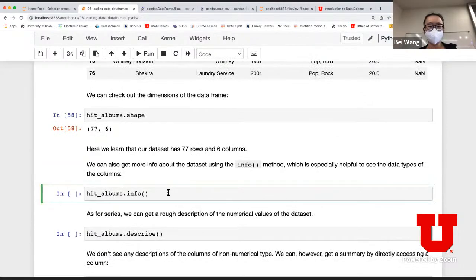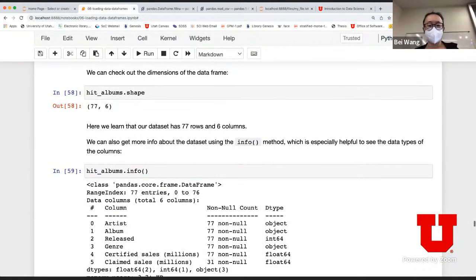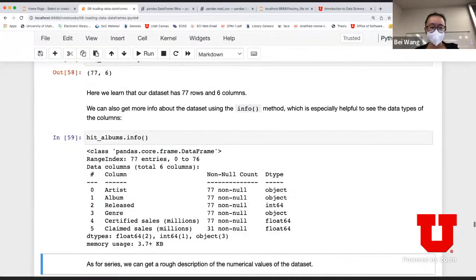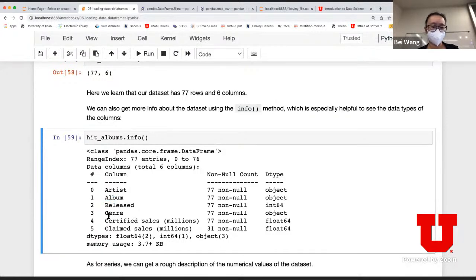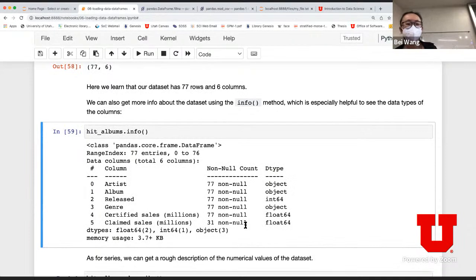And same thing as before, we can do dot info, which is going to tell you all the information you want to know about this data frame, pretty much the information about this table. The first column is about artist, the second column is about album, the third column is about release, and what the data type is. However, you have to be a little bit careful.